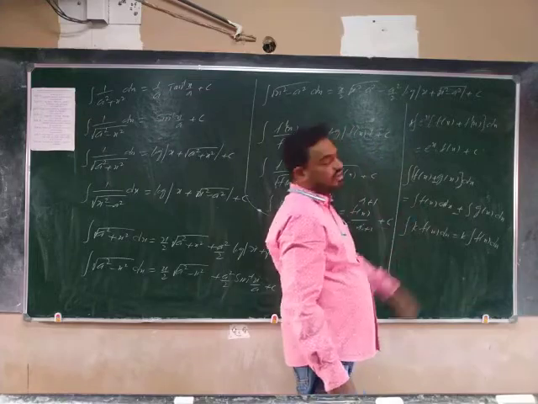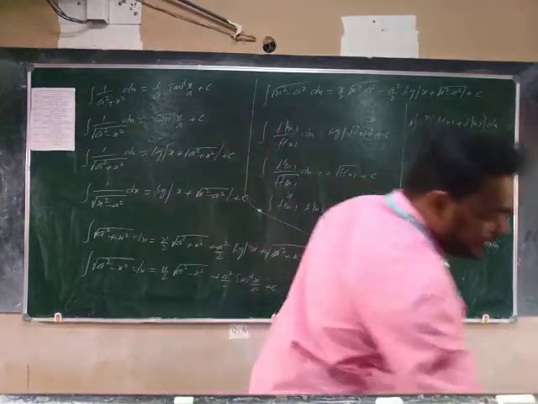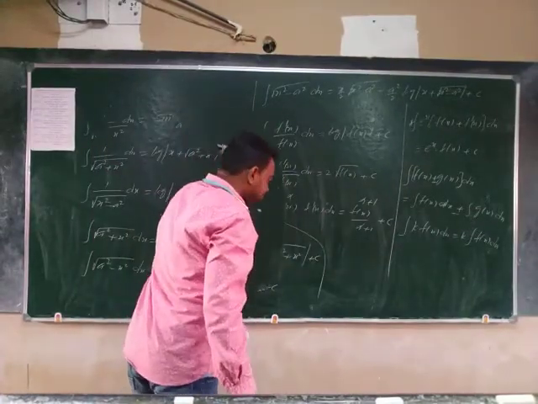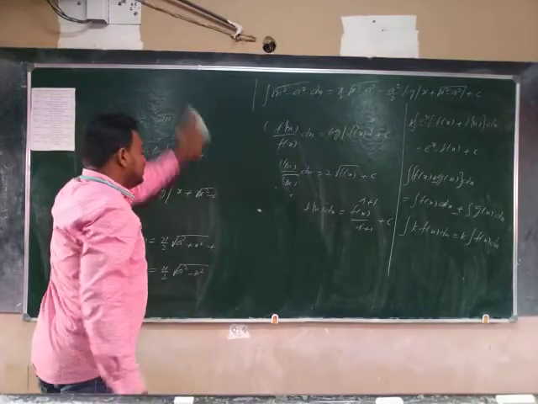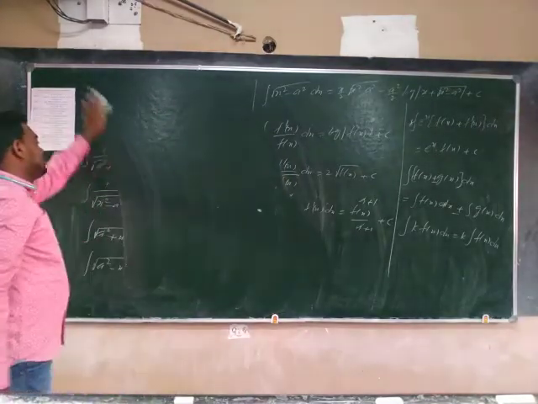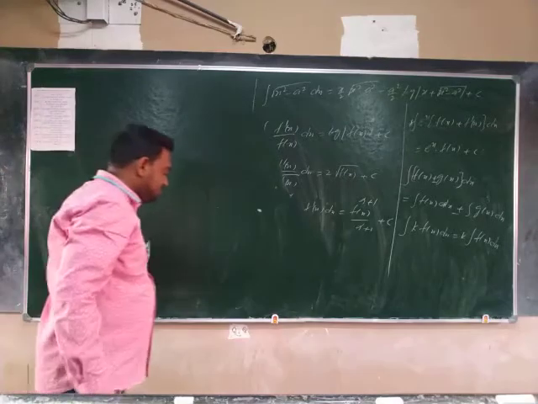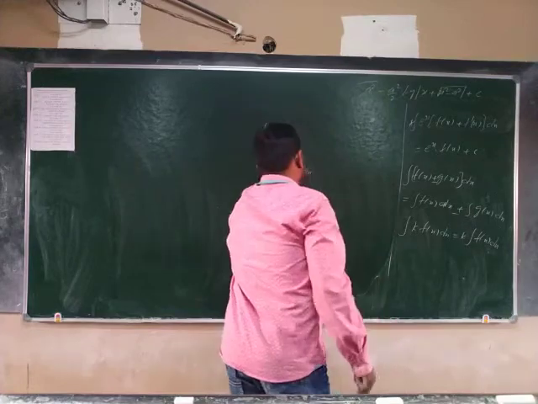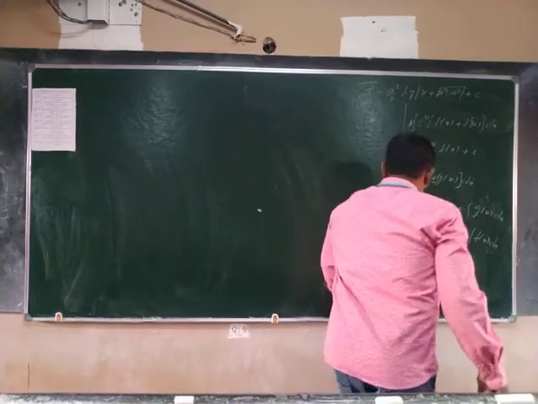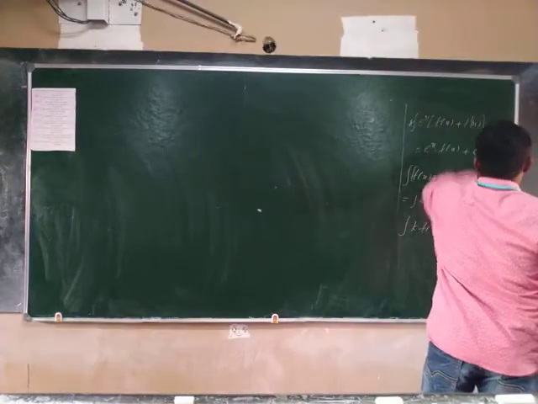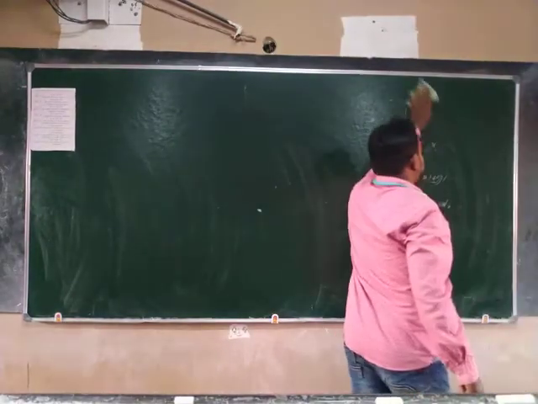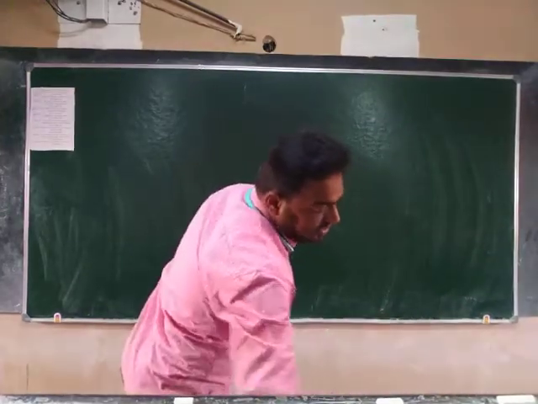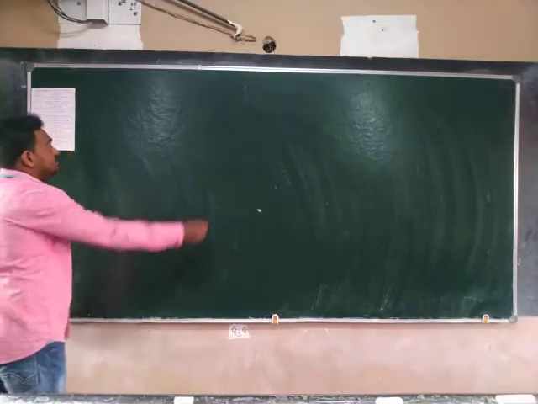Next, the product of the functions integral we will see now. That is nothing but integral by parts, which you already know. The integration of a product of two functions, first function into second function. How are we selecting the first function and second function? Whichever is easily differentiable, we take as the first function, f of x. And whichever is easily integrable, we take as g of x.